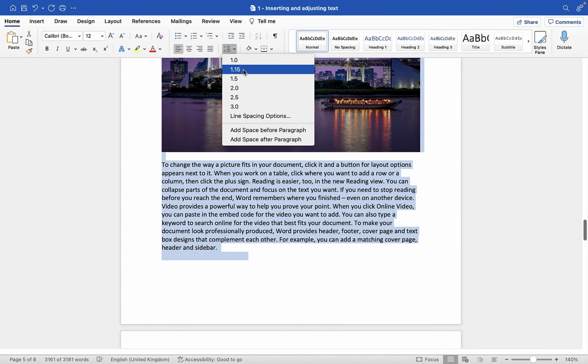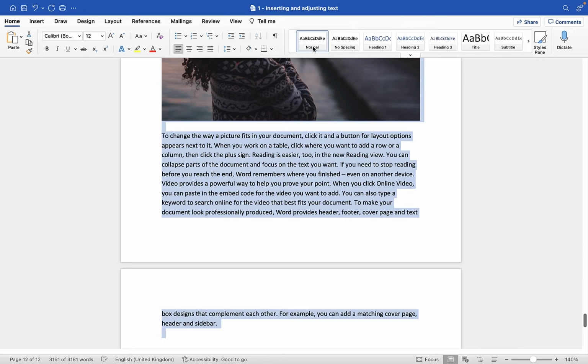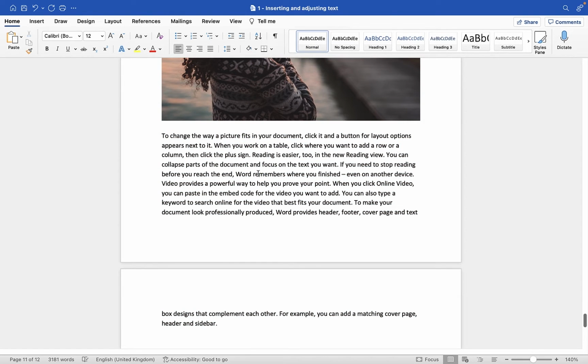So I could do 1.15, and of course I'm not going to show you this in this video, but you can actually modify in here so that anytime from now on you're using this style, it will ensure that the spacing is 1.15. Another thing you can do is with your text, either a selected paragraph or click inside the paragraph,